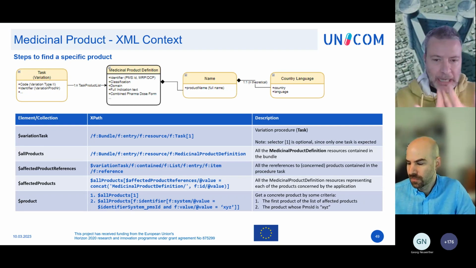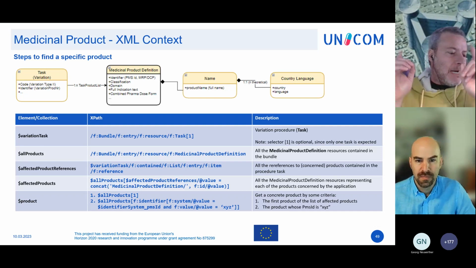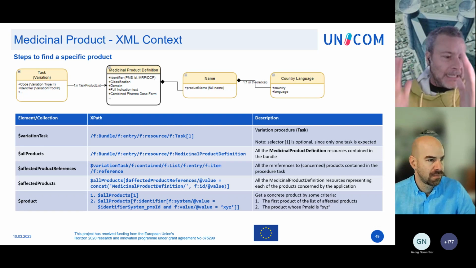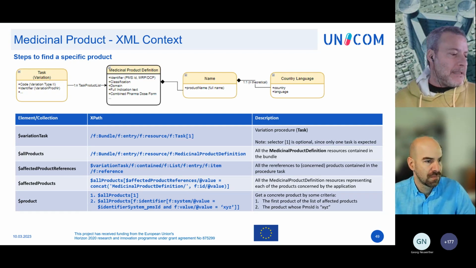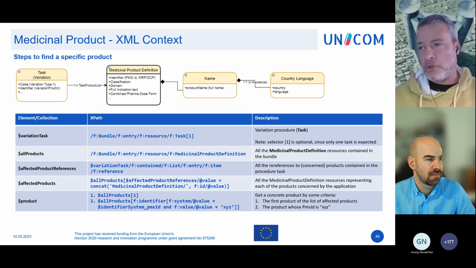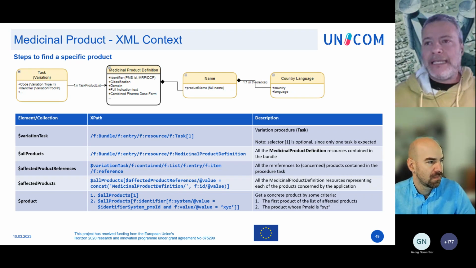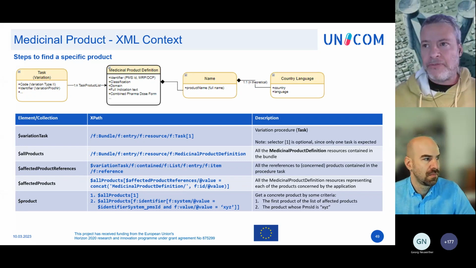This is a good strategy. I would advise you to follow this strategy so that you will have a lot of short controlled XPath routes, easily maintainable. Maybe your system will be a bit more memory consuming, but it will go faster than the other way, and for sure it will be more maintainable. So having said that, the first line is how to get the variation task. That is the first square in the diagram in the upper part of the slide.